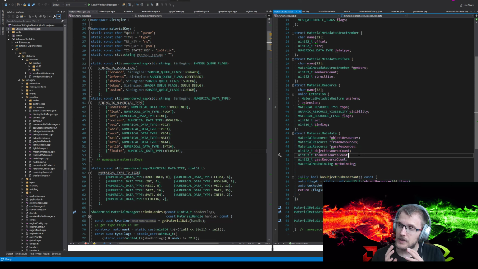And the material deals with the material, where a material basically is backed by the pipeline state object, right? Pipeline layout, sorry, pipeline. So it is a combination of all the shaders. So what I do is that when I process the pipeline, I generate the metadata for both shaders. Say you have a fragment and a vertex, and then I merge them. So I'm able to figure out, oh, okay,